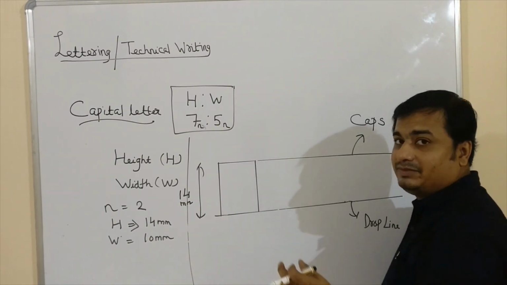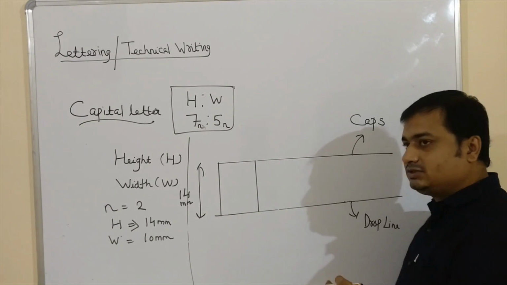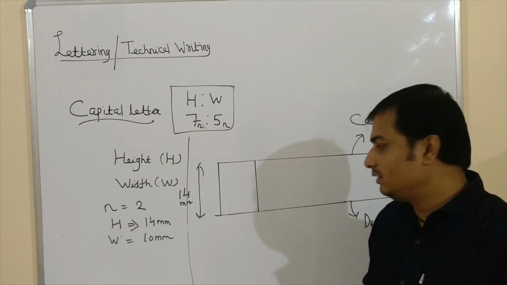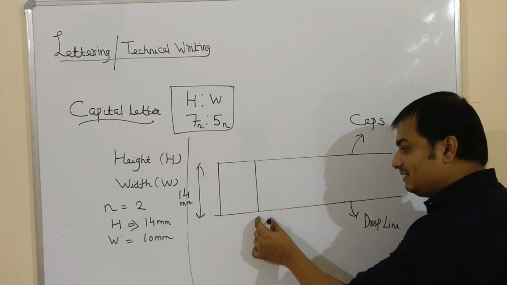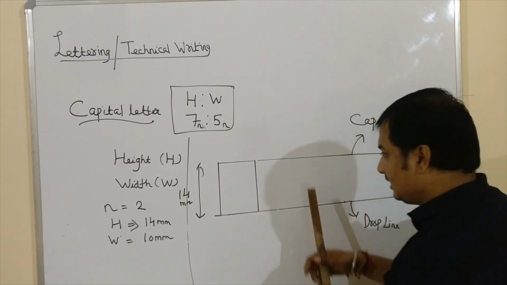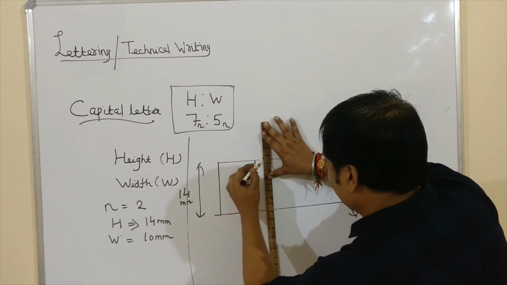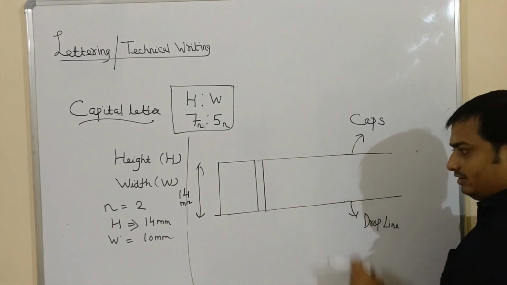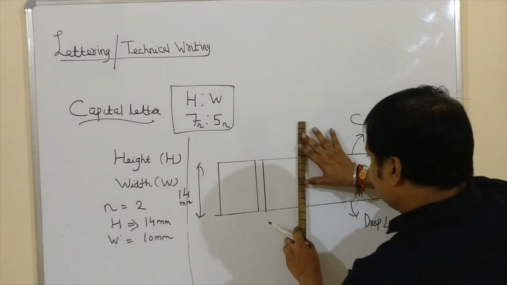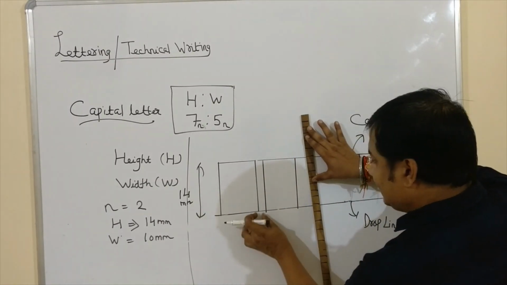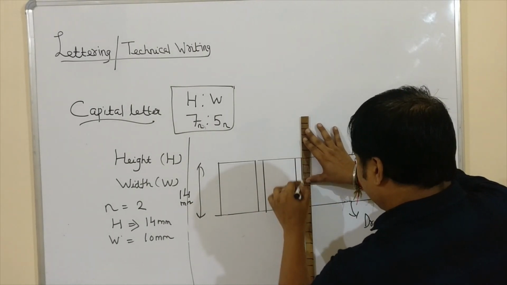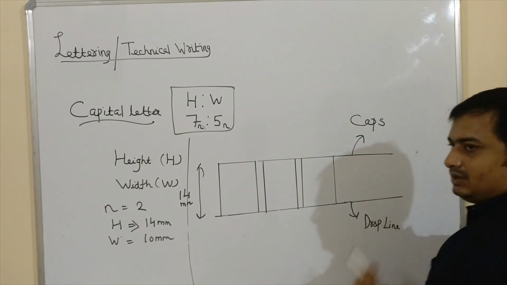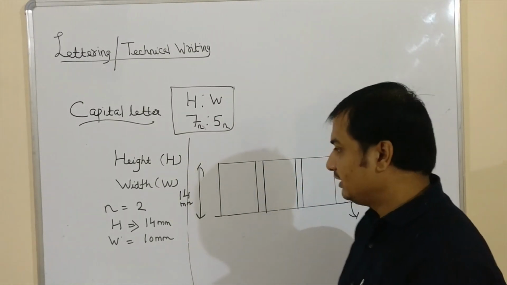Leave some space, and that space should be constant throughout the alphabets. You can take 1 mm, 2 mm, whatever you want, but that space has to be constant throughout. Suppose I have left a space of 2 mm. Now this will be the starting line of the second alphabet. Again the width is 10. Again I will come in front of that line by 10 mm and complete the box. Again that space should be constant. Again I will drop a line for the third alphabet, come 10 mm in front, and complete the box.